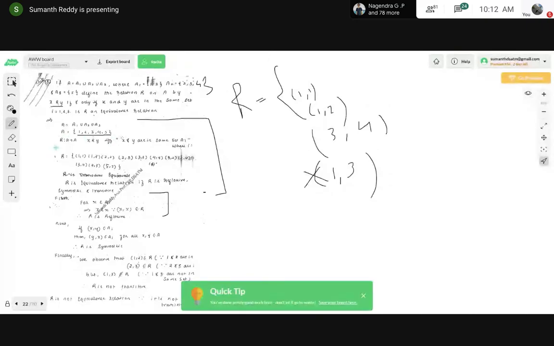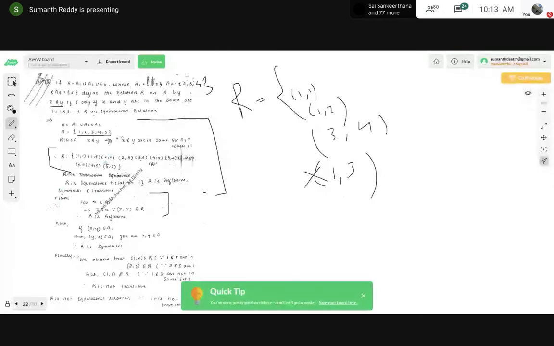And this is the relation, all the possible ordered pairs he has written. In exam, actually, even if you don't write this, it is fine, because as I have told you, your focus should be on proving whether it is an equivalence relation or not. So defining the relation is not mandatory. But since we have a small number of elements, I have written this.